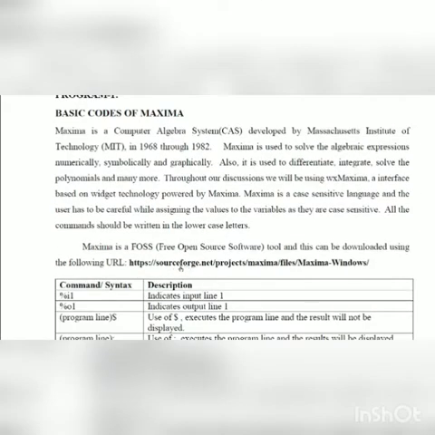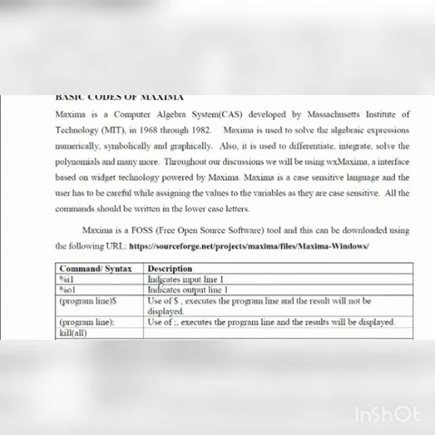So what are the commands that we are going to use? When you write certain commands, suppose you are writing only one line, then you can see on the left side this symbol %I1. This I indicates input line. Since you are writing only one line, it shows input line 1. If you write a second line, then it shows %I2. That means you are inputting a second line.